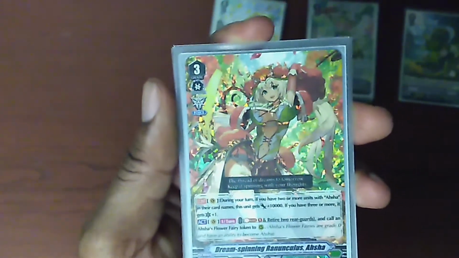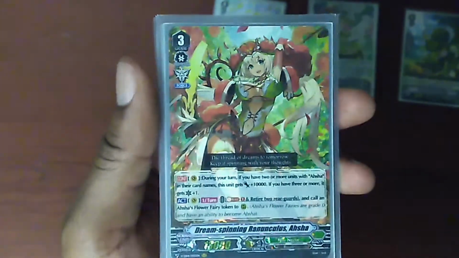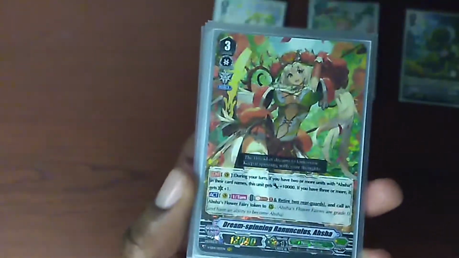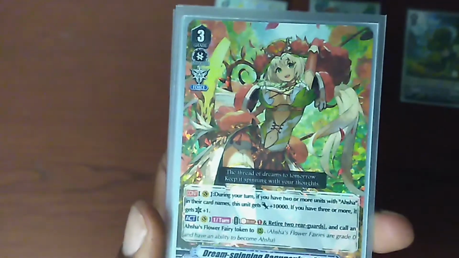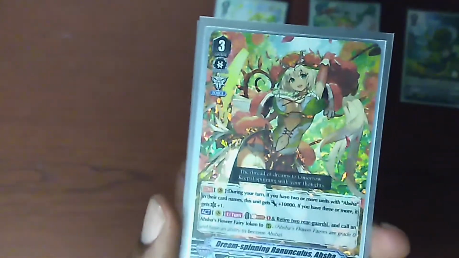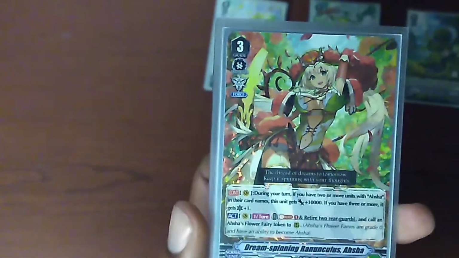Then she has the once per turn ability: Soul Blast 1, retire 2 rear guards in a column, call an Ahsha fairy token to the field. I really do like her, and she's really good, but I think people overestimate her power, as getting her to the obscene numbers that you want with that crit isn't sustainable. She'll sustainably have a crit, and she'll sustainably hit for 23 to 28 consistently, but that's not big enough in my book. So, in order to subsidize that,